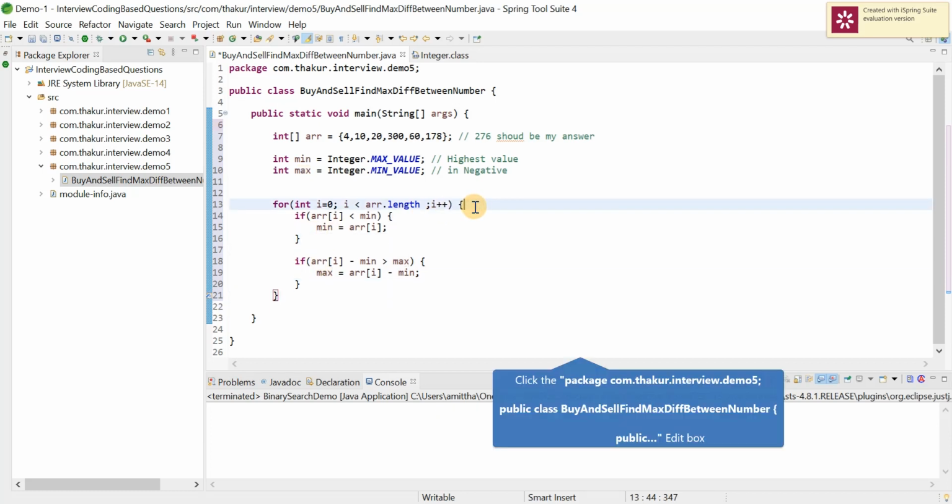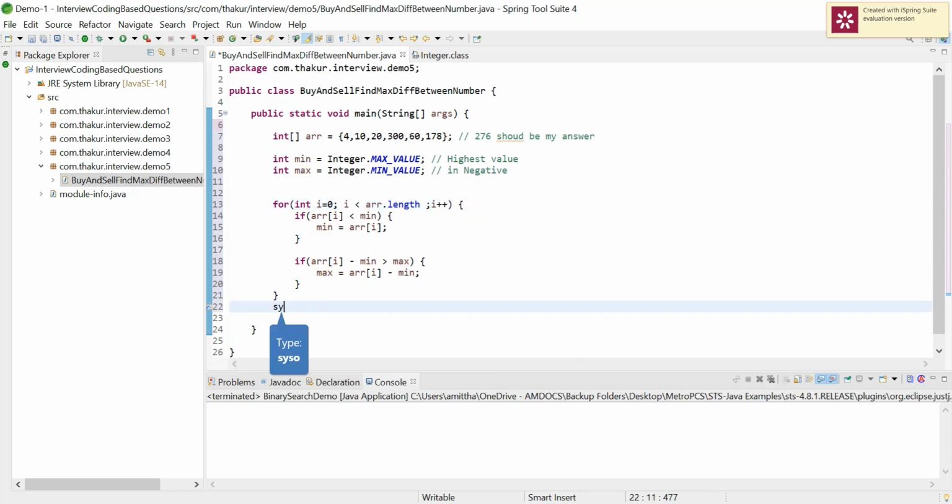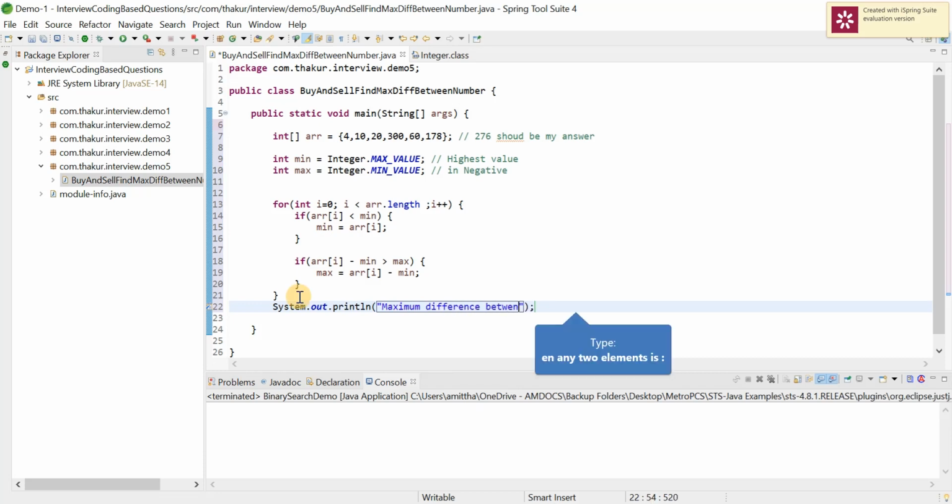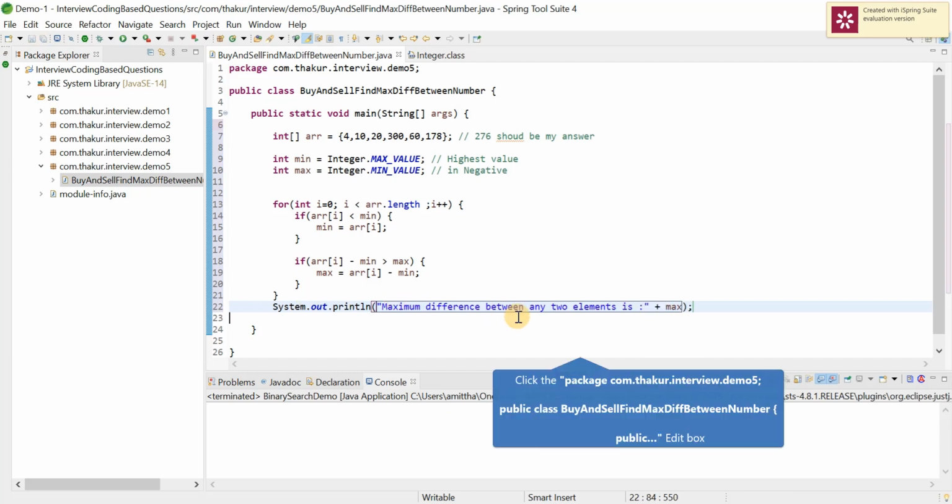Likewise, we can find the value. Just print it: maximum difference between any two elements is max.